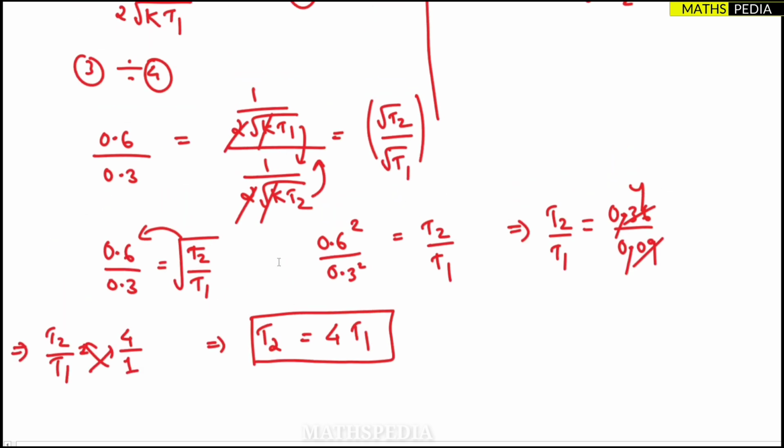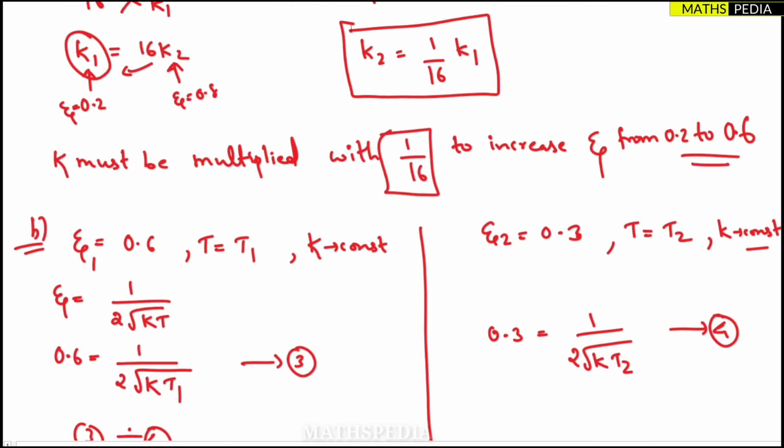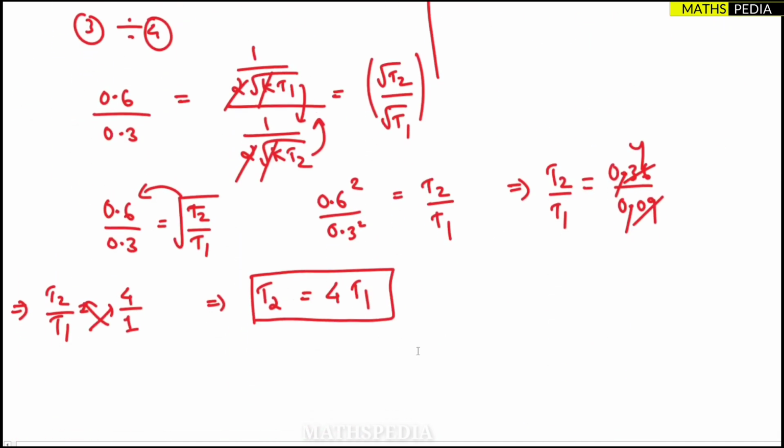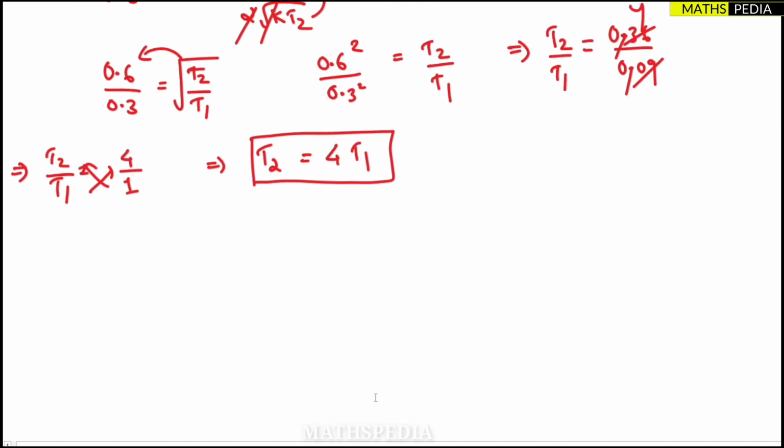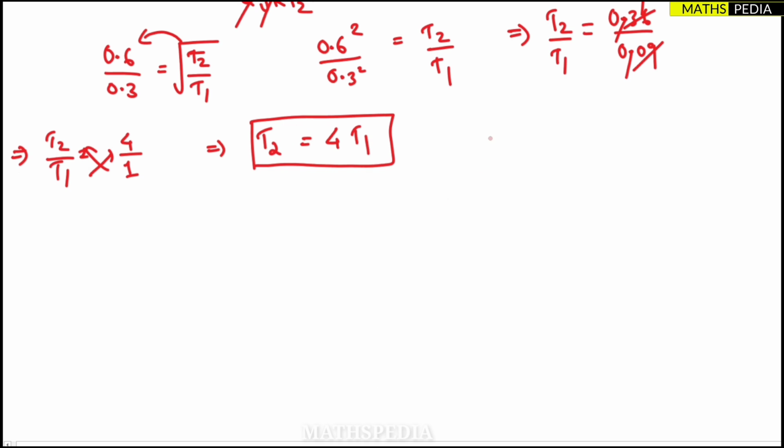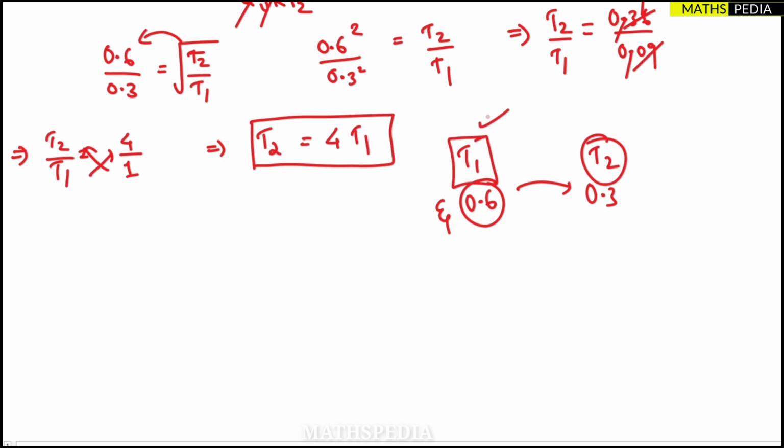There we took k2 is equal to something times k1. So same concept. Here t2 came, there k2 was there. So here with what should I multiply? The thing is that we have to reduce the zeta value from 0.6 to 0.3. Here t1 was there, here t2 was there. So I need to get t2 is equal to something. By what value should I multiply t1 so that I can get t2? By 4 I should multiply. So t must be multiplied with